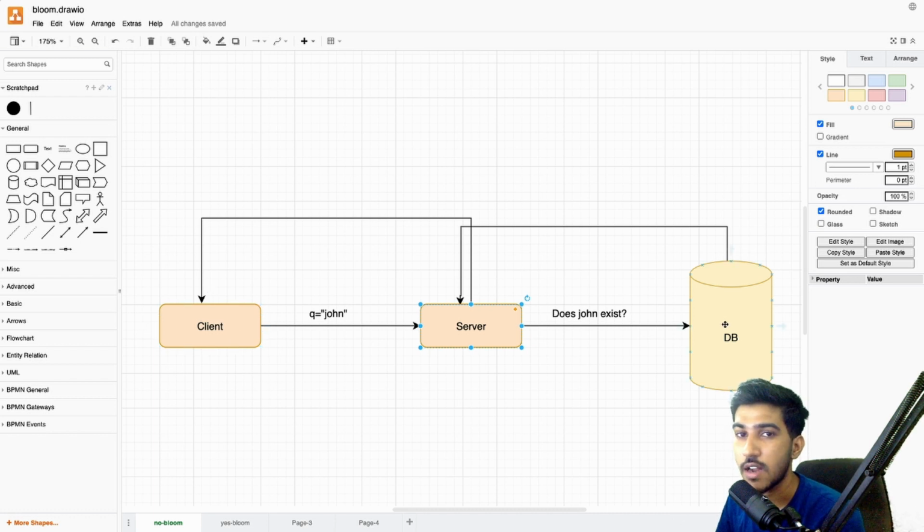So you have to query the database every second thousands of times. So that is really costly. If you take the resources and the server load, I think that's really costly. This is where the Bloom filter comes into play. So let's see how this is going to work with Bloom filters.